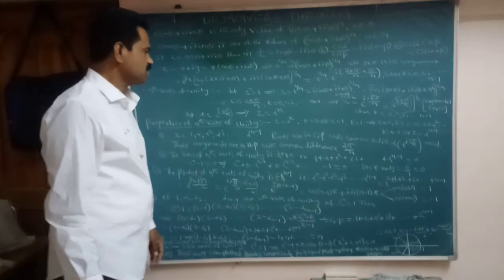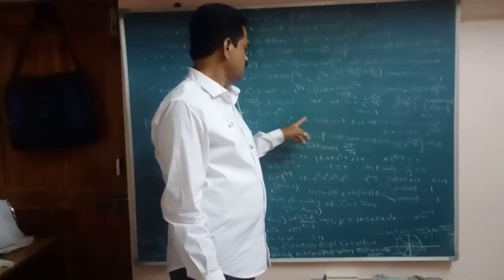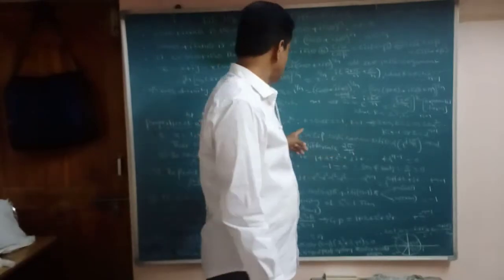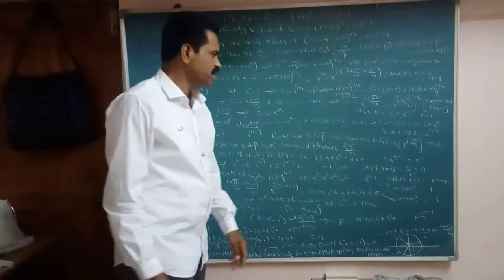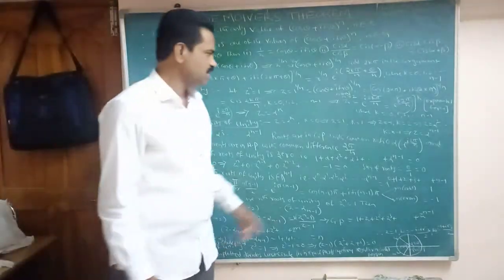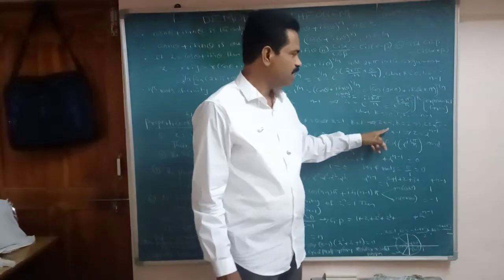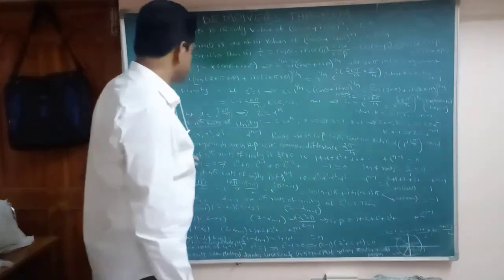So that will become how much here? k equals 0 means alpha power 0, which is 1. k equals 1 means alpha. k equals 2, substitute here, then it is alpha square. And so on, k equals n minus 1, that is alpha power n minus 1. So how is it here? 1, alpha, alpha square, and so on, alpha power n minus 1.